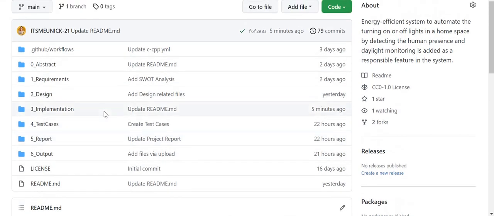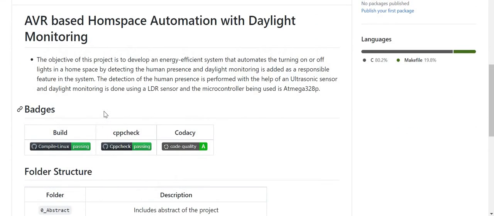Just arranged as prescribed. And basically, if you want to talk about what exactly this project is all about, it is to develop an energy efficient system which will automate the turning on or off of lights, or any appliances that we'll see in future. These are all done in a home space, the space that you define. It can be your study table, your living room, or a study room, anything. By detecting the human presence and